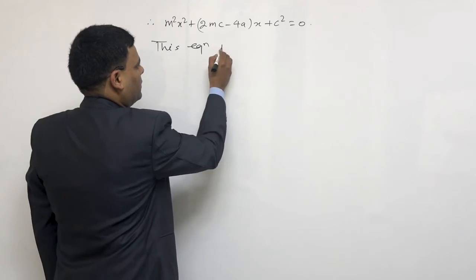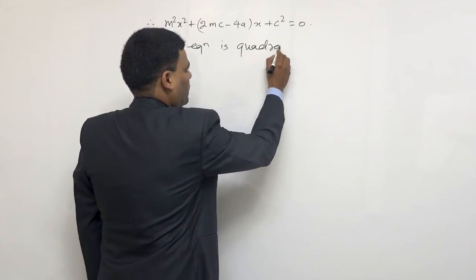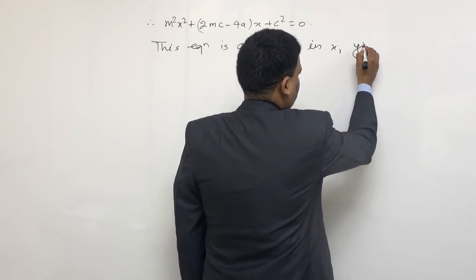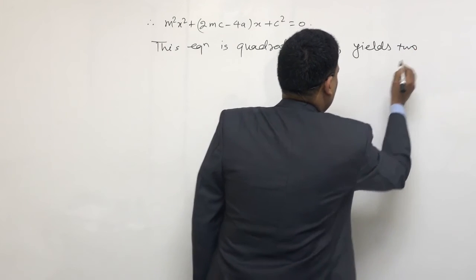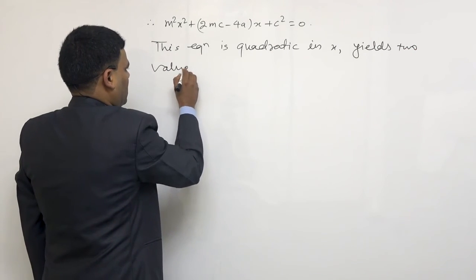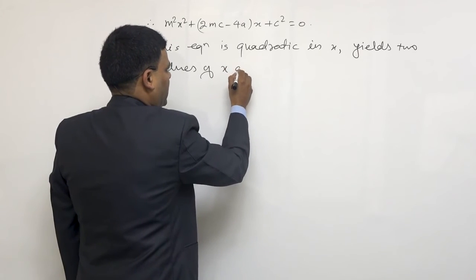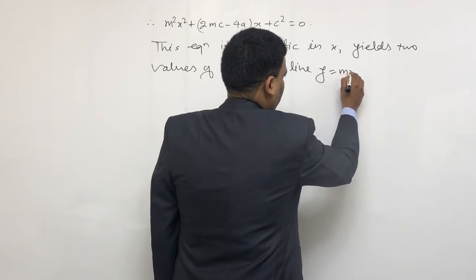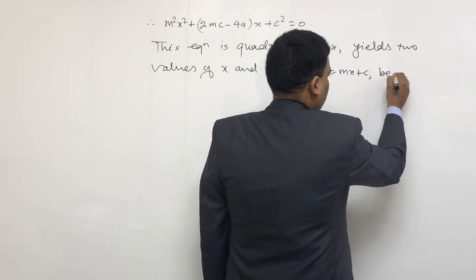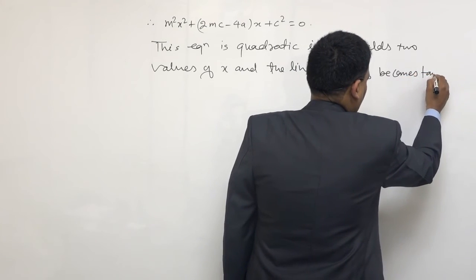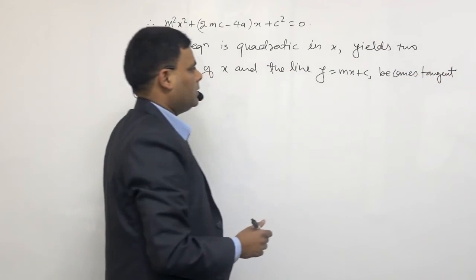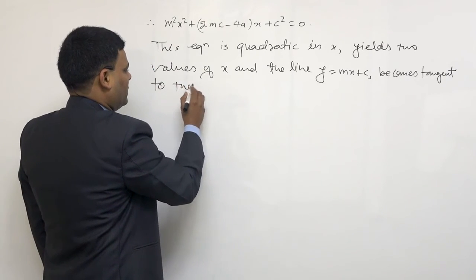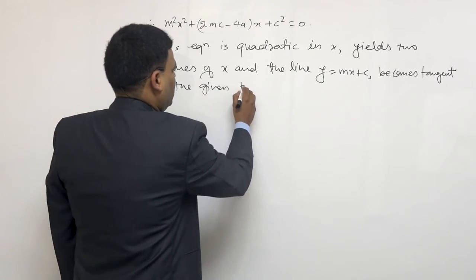This equation is quadratic in x, yields two values of x, and the line y equals mx plus c becomes tangent to the given parabola,